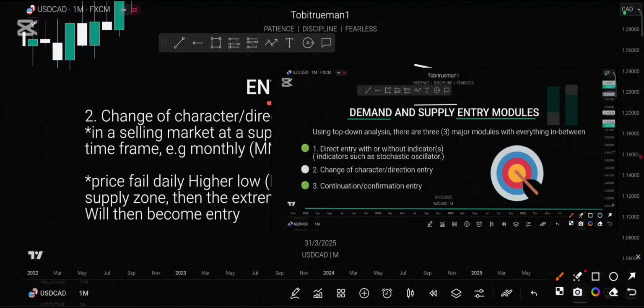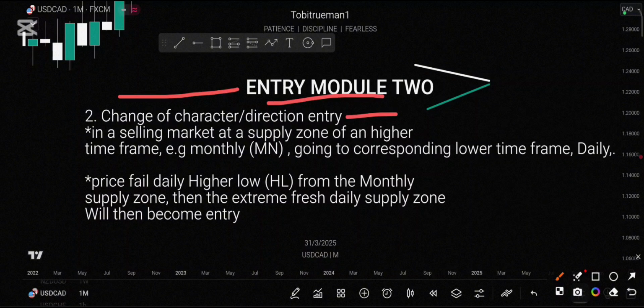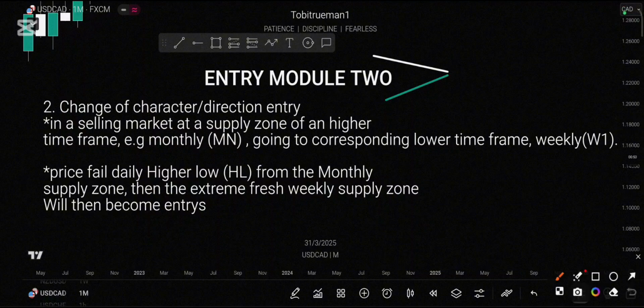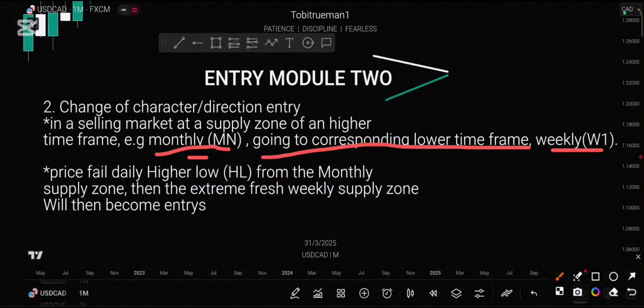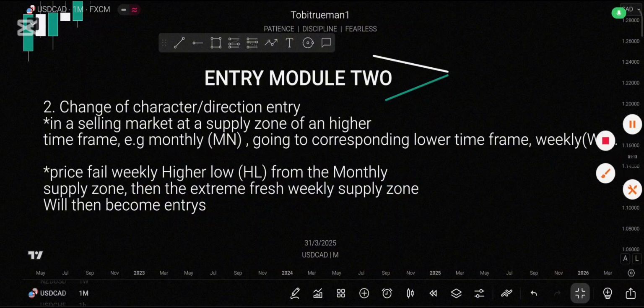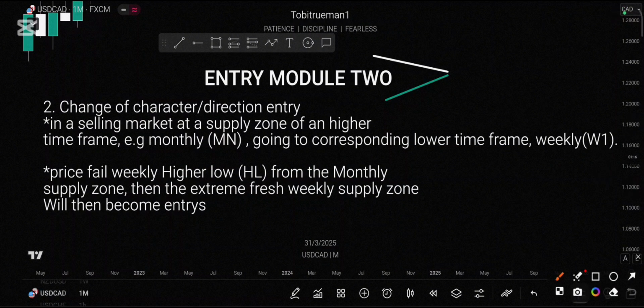In this module now, entry module 2, we're going to be looking at the change of character or direction type of entry. And all we have to do, first of all, let's try to understand what that means. In a selling market, when price is at the supply zone, we can see that when price gets to a monthly supply zone, if for example the market is a selling market, we are going to switch to the corresponding lower time frame, meaning that from the monthly we'll now go to the weekly, and by so doing, when price fails the weekly higher low